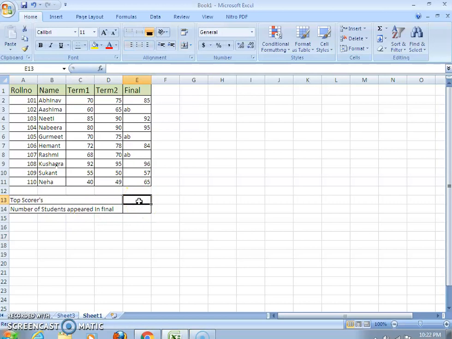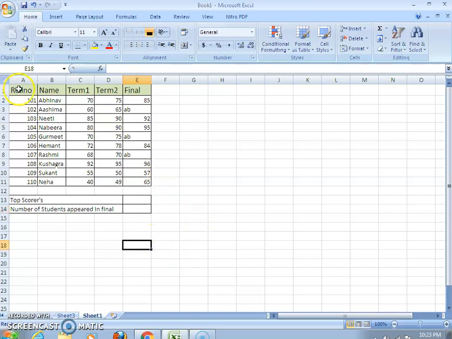His percentage should appear over here, and the number of students who appeared in the final examination, meaning count the number of students over here. Okay, see here some of the students are absent. So which function is used to count the number of students for the final? In this case you can see some text values and some numerical values. In the previous video we have already discussed which function is used to ignore the text. Okay, so take a review and then apply it over here.